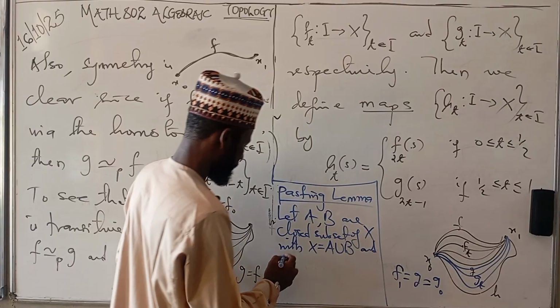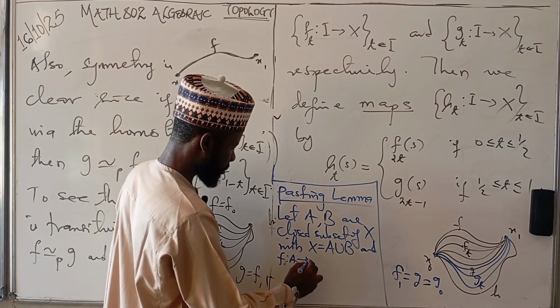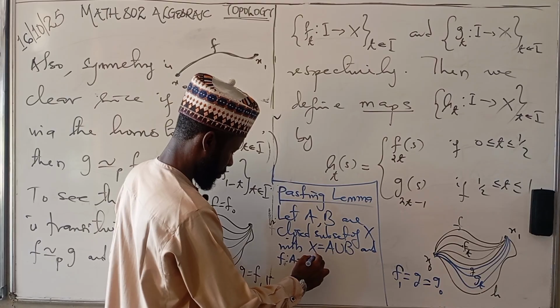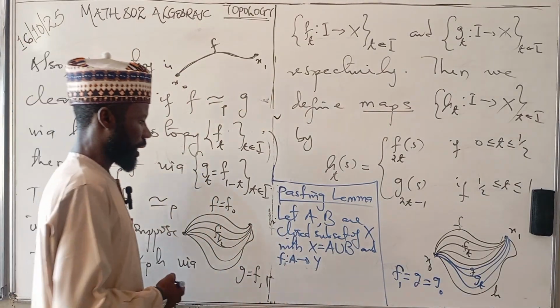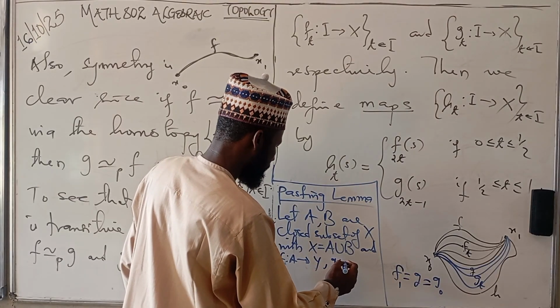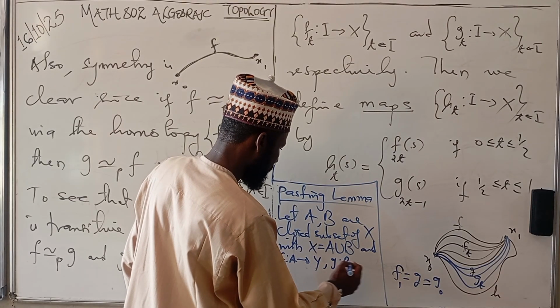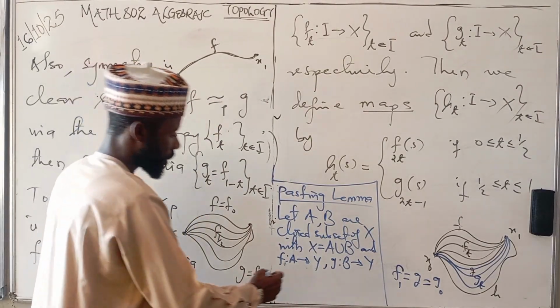And F is a mapping from A to some other space, it doesn't have to be the same space we are talking about. G is also a map from B to that other space Y, such that